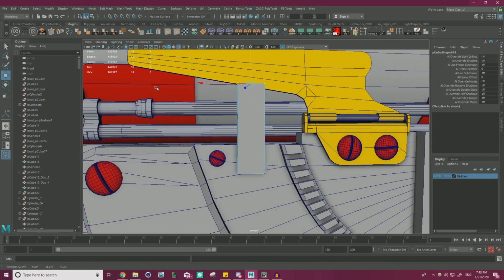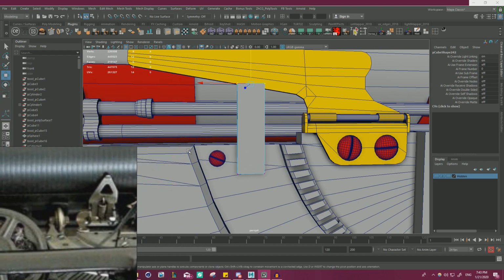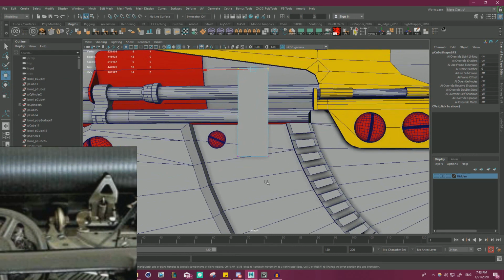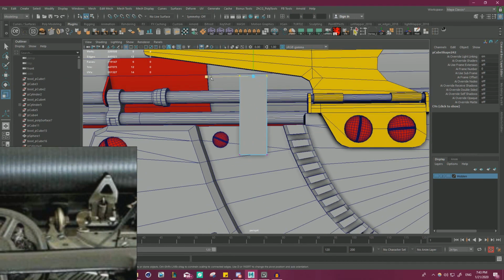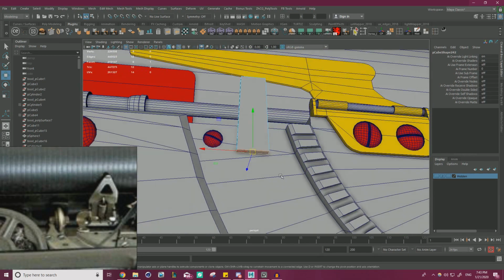And it seems that it goes up into the wing piece. So I'm just going to leave the top as it is for now. It's a tapering piece from what I can tell. It seems to get wider as we go down. Then